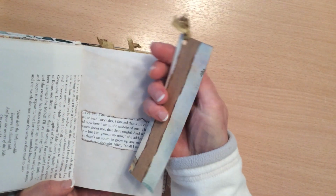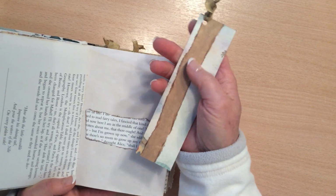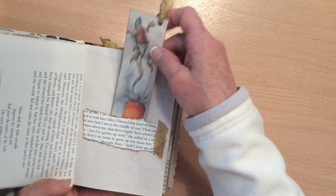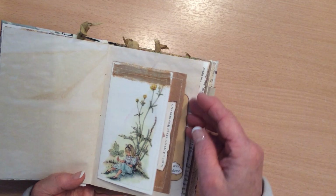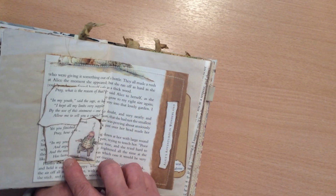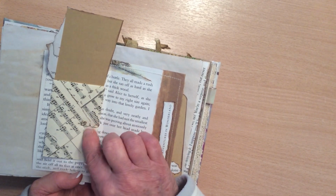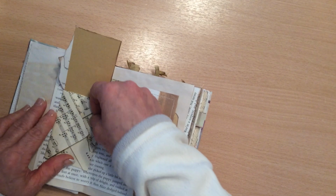And there's the beautiful tag there that she's done. And this is again just some inked brown painter's masking paper. A little bit of bias binding there. And then this just flips up and it's another little envelope, and she's used a curl paper clip to secure it. Just open